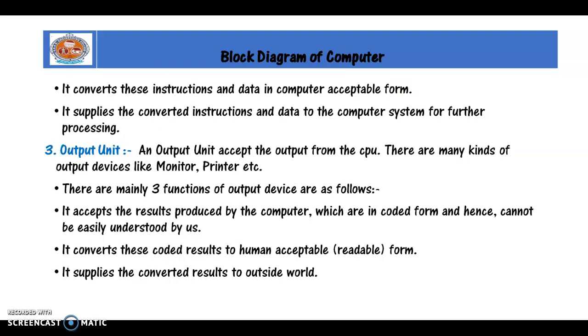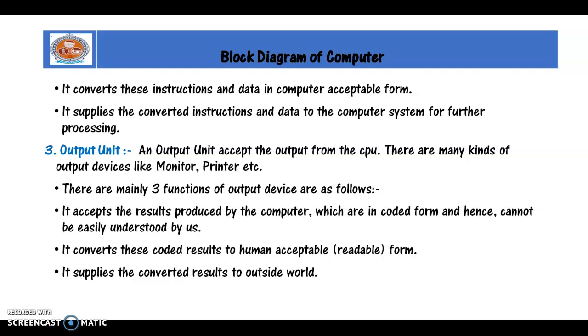And then the instructions given by me, that is Control S or some other instruction, will be internally converted into computer-understandable code. The computer will simply understand zeros and ones, nothing else. So whatever instruction I have given will be converted into computer-understandable code, and then the computer will process this information. This is done in the input unit.